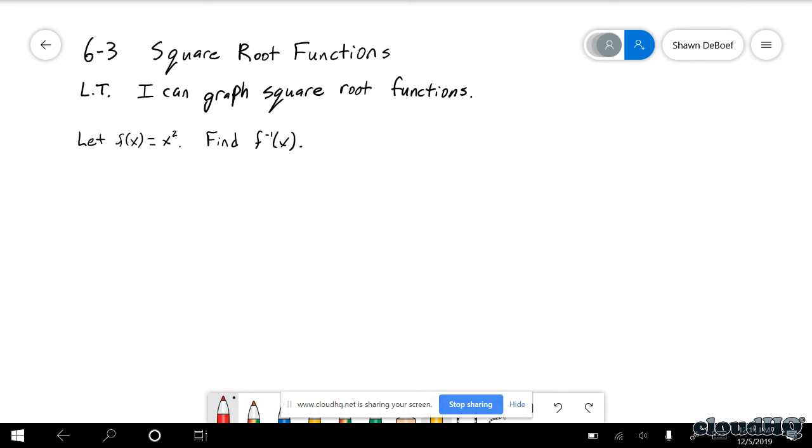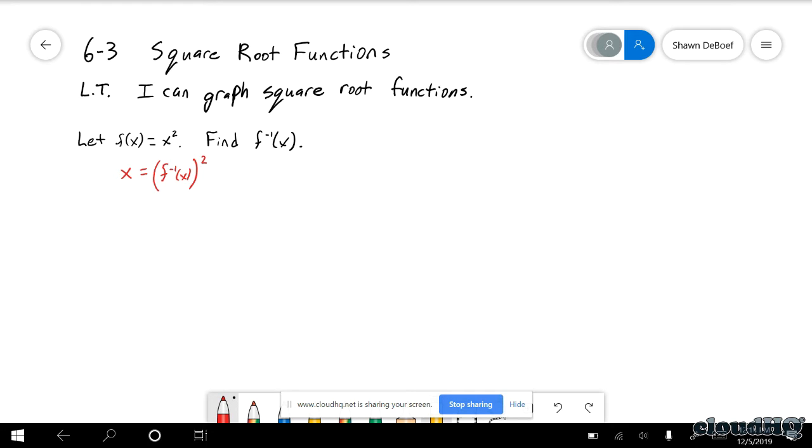So, refresher in case you've forgotten, we swap out the f of x and the x, so the f of x turns into an x, and the x will turn into an f of x. I'm going to call it inverse of f of x. And so I'll just take that notation and put it in parentheses and square it. That's probably the best way to address the fact that it's squared.